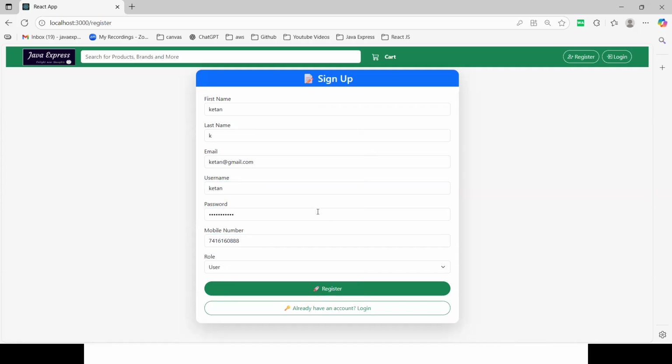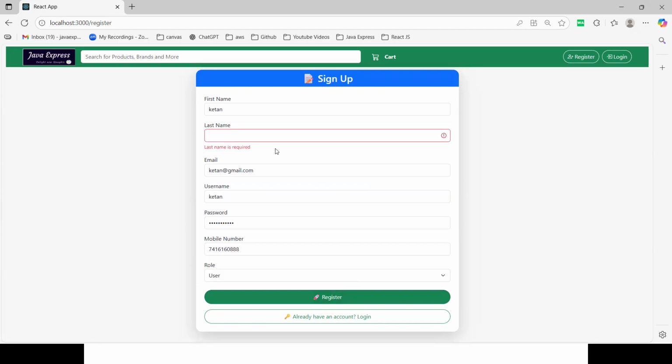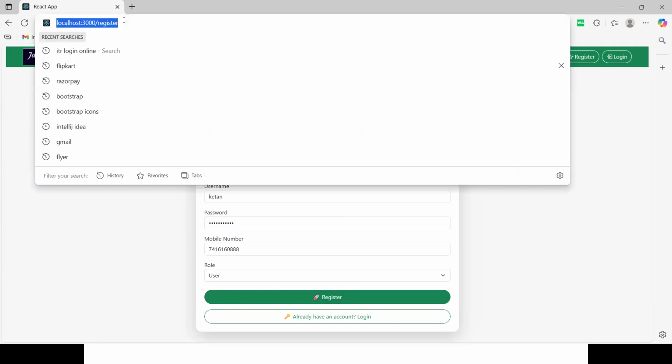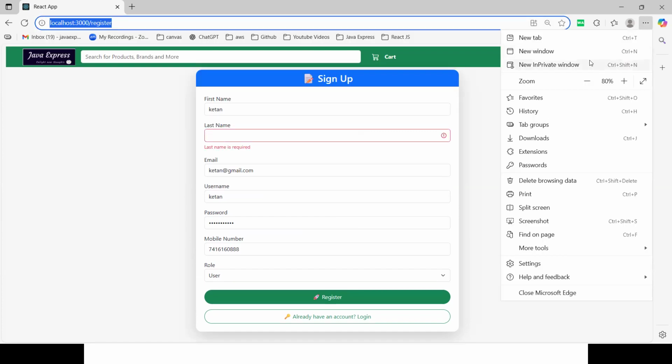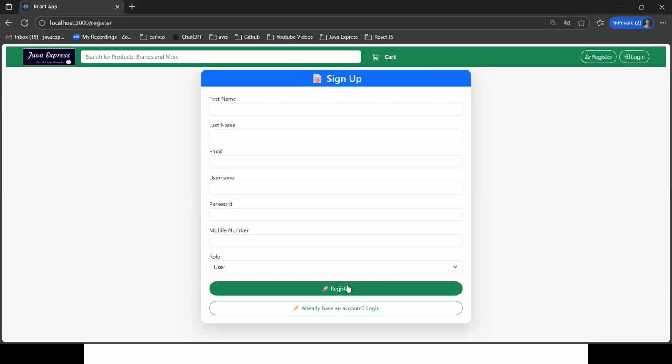Suppose if I remove something here, guys, just one minute. If I don't fill my last name and click on register, see, last name is required here. Let me open another page and go to register.